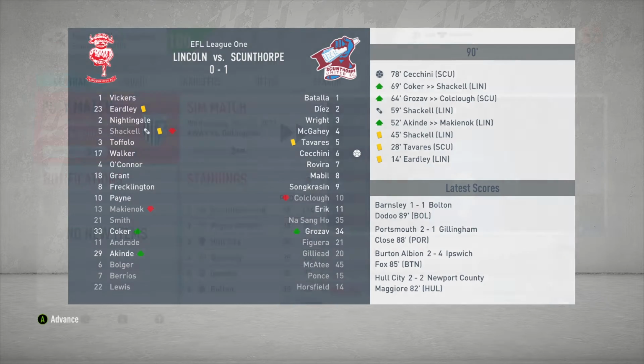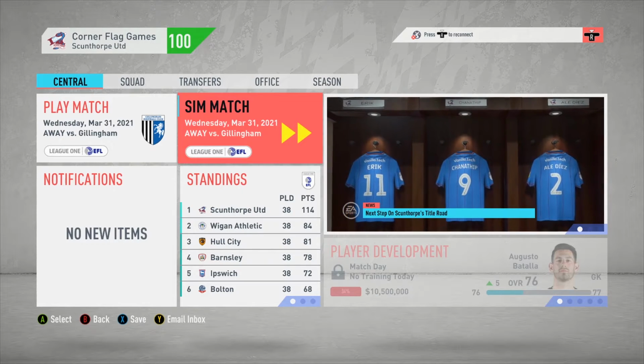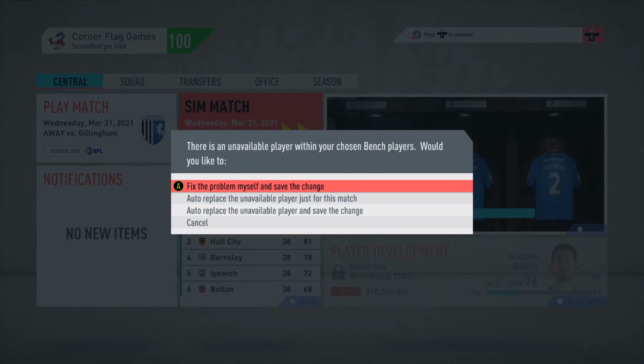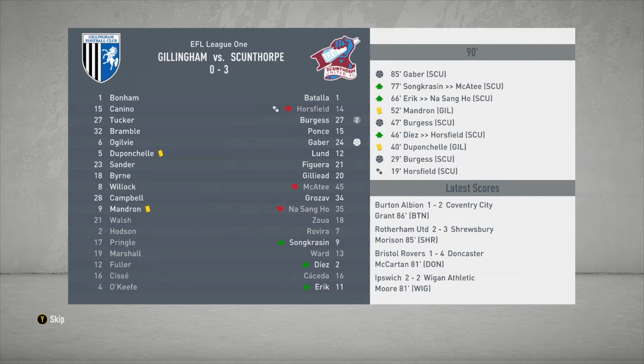a very narrow 1-0 win to the boys of Scunthorpe. Okay guys, so we now move into today's final game of the episode, and this one comes a midweek game away to Gillingham. We'll auto-replace for this match because we are running out the backup brigade for this fixture, and it will be a simulated game, so we're just going to sim on straight through this one, and it is a 3-0 win,